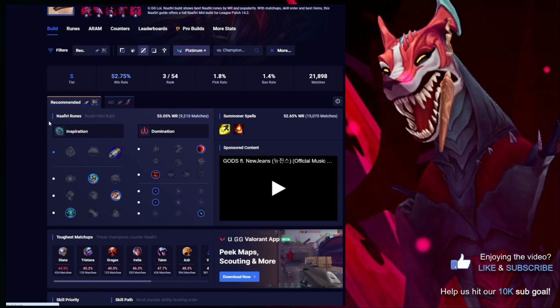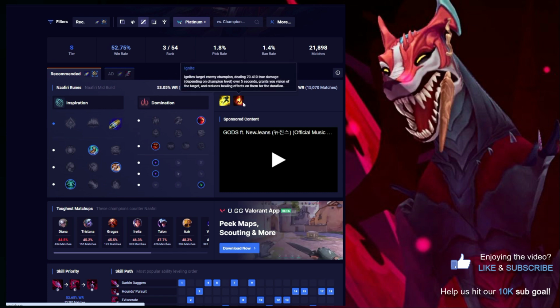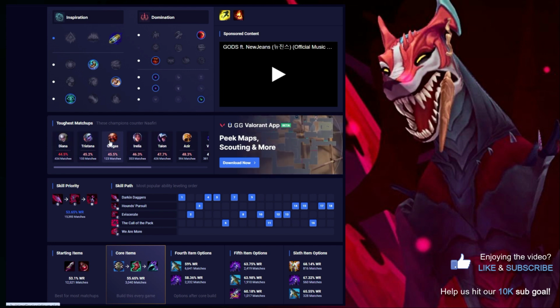Anytime you're playing an AD champion in the mid lane, you're looking to snowball, so that rune set's going to be pretty stock standard if you're playing an AD Assassin right now. Obviously, you're running Flash Ignite for the summoner spells. Not too many tough counter picks here, but you can see there's a bit more champions in the red,